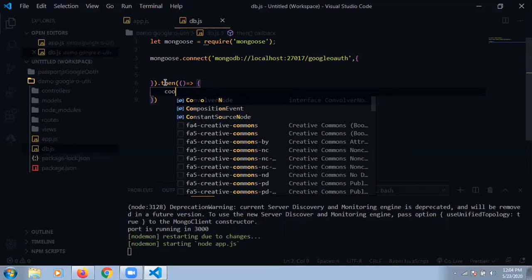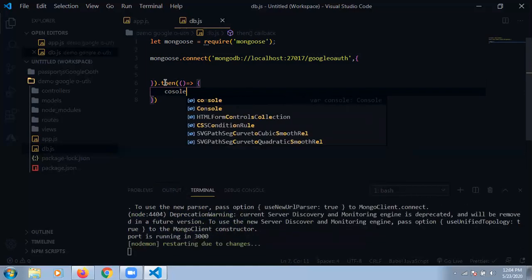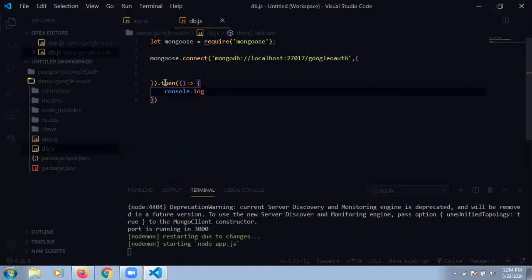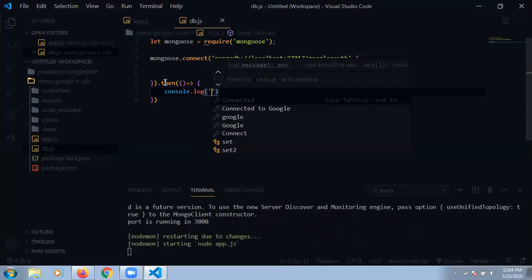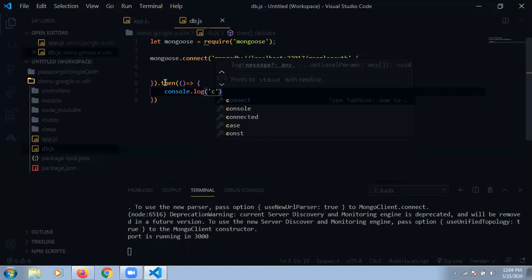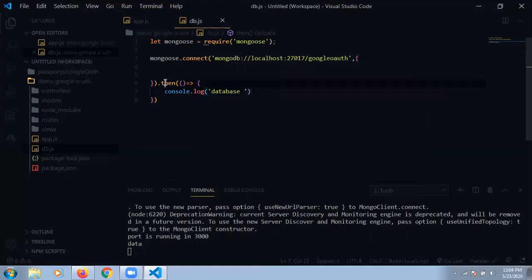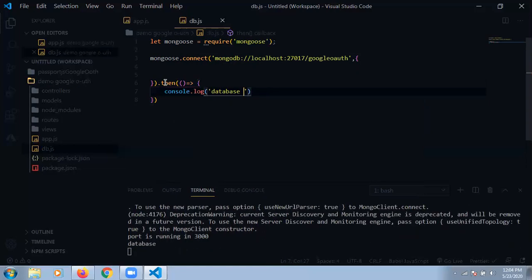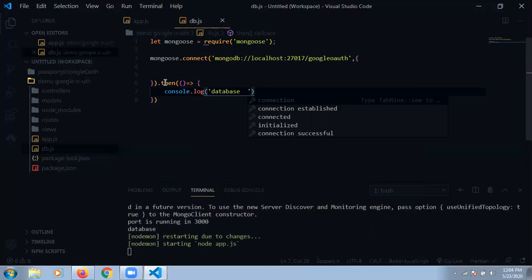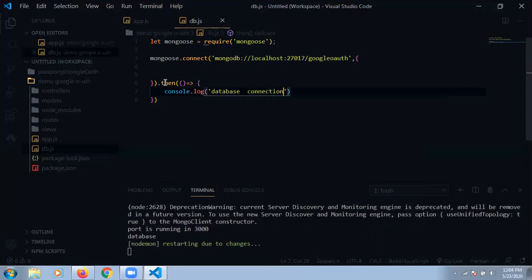Here console.log if my database is connected, so I'm just writing database connection connected.